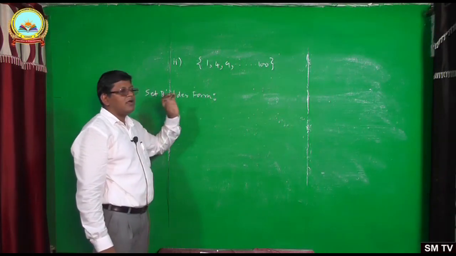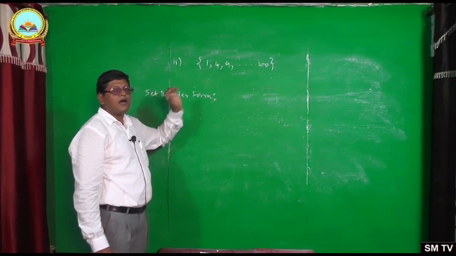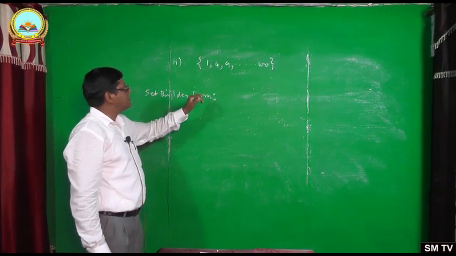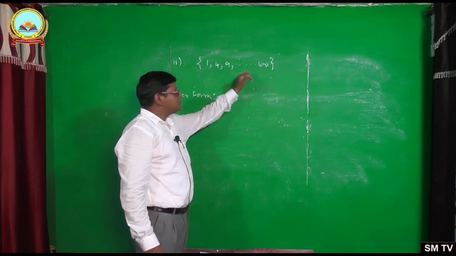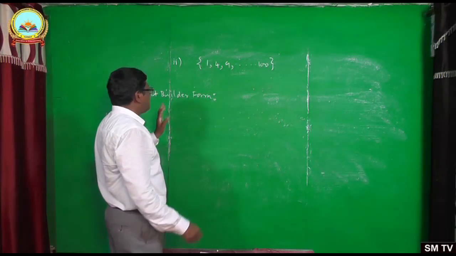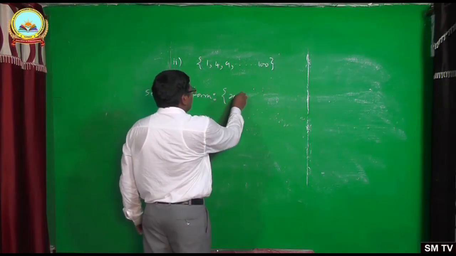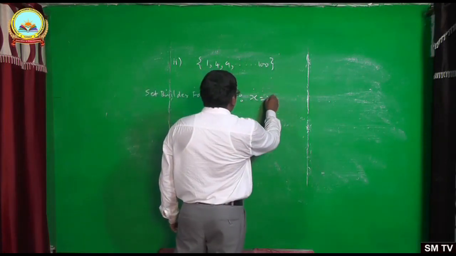Observe properly, all the elements of the set are natural numbers and each one is a square of some natural number. 1 is actually 1 square, 4 is actually 2 square, 9 is 3 square, and so on, 100 is 10 square. So the set builder form of this given set is the set of x such that x is equal to n square,